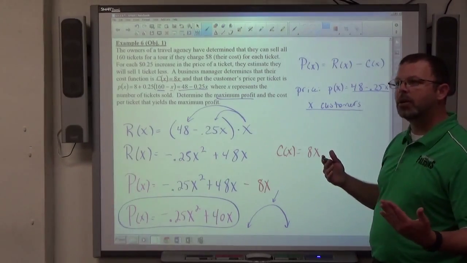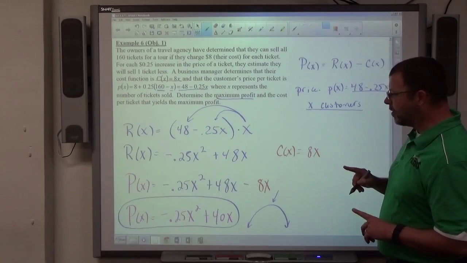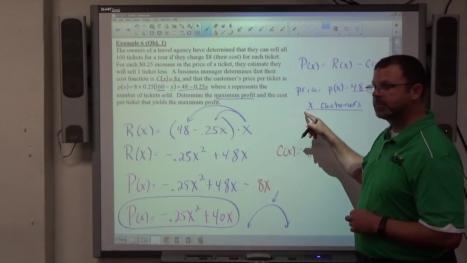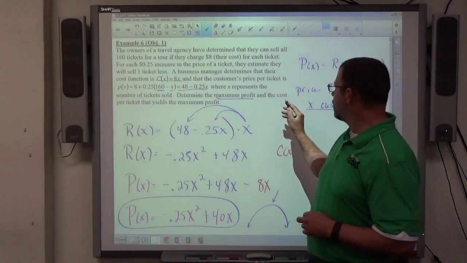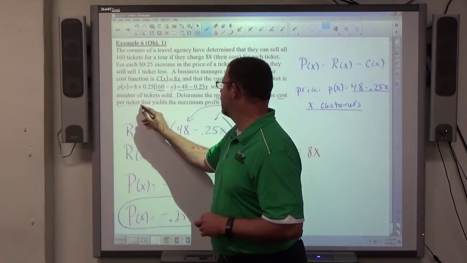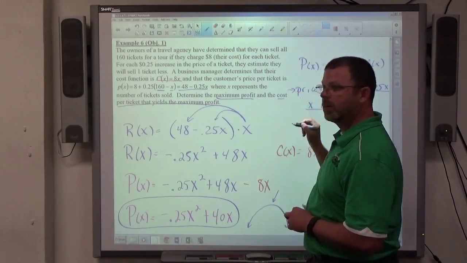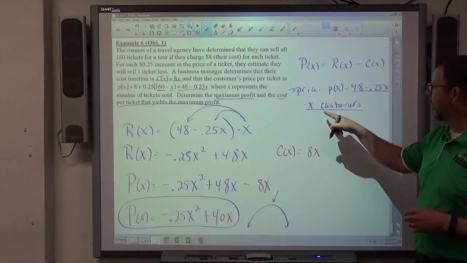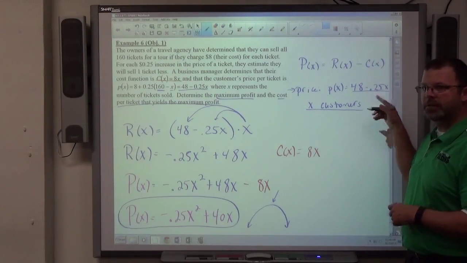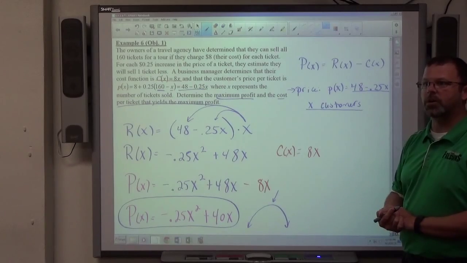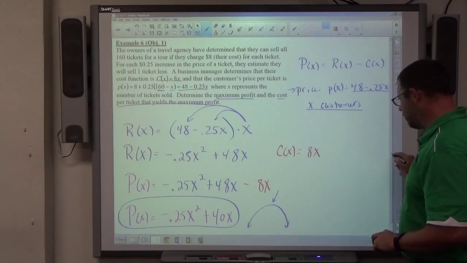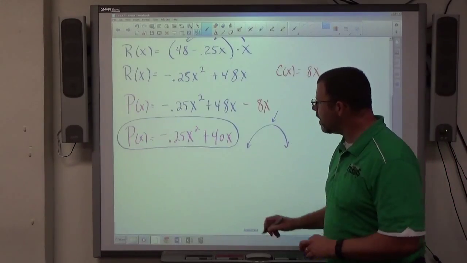So we're going to do what we have been doing, right? X represents how many tickets we're going to sell. It also has the cost per ticket that yields the maximum profit. Cost per ticket is the ticket price. So they want to know the ticket price. So once I know what X is, I got to replace X over here to figure out what we should charge each customer to determine the maximum price, or maximum profit. So if we do that,